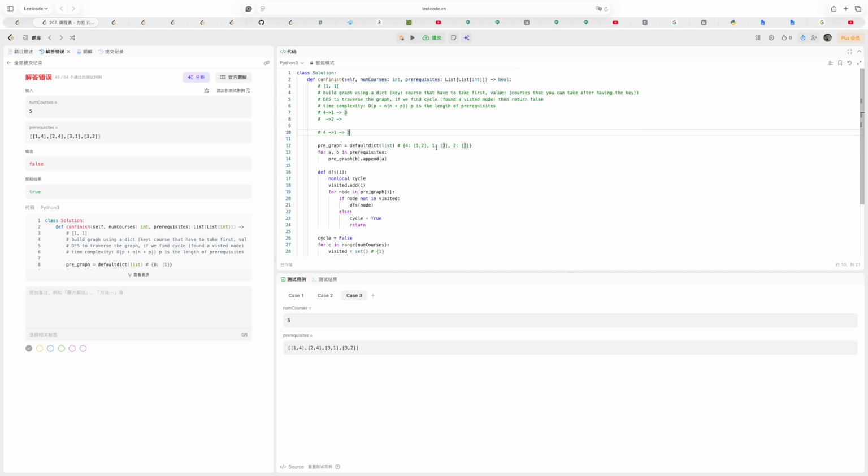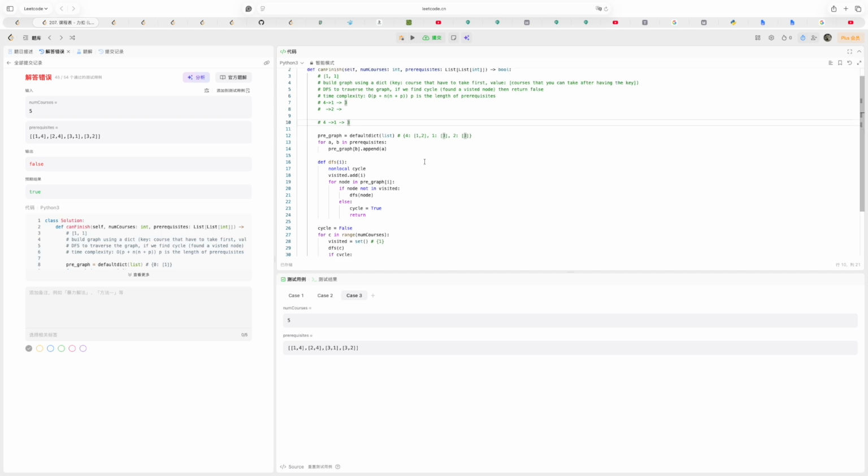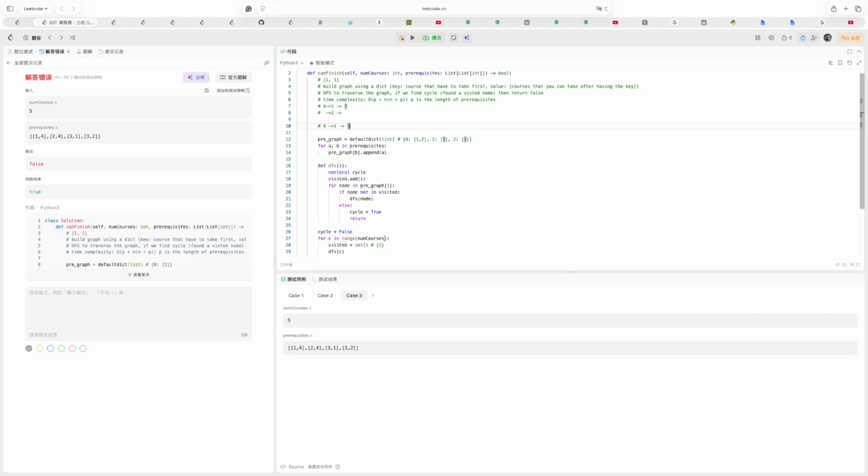We start with 1. 1 will have 3. 3 will be in the visited set. No, DFS 1, so 1 will be in the visited set, and then 3 is not visited. We'll have DFS 3, so we will have added,